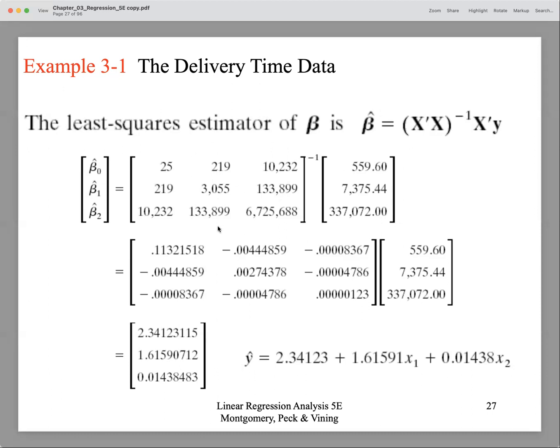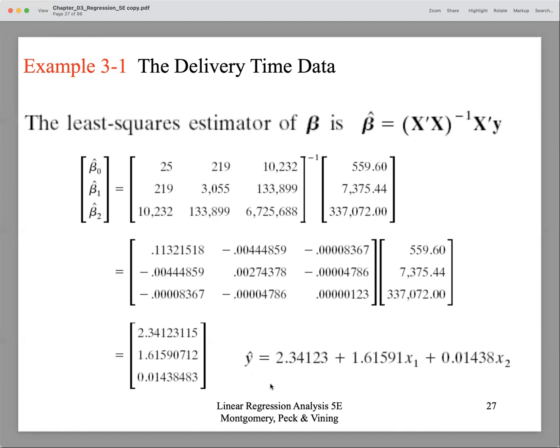And again, this is not something you would ever want to do by hand. We would use software to do this. And then we multiply that inverse against x prime y. And so when we do that, we get the 3x1 vector containing these values. Beta 0 hat is equal to 2.3412. Beta 1 hat would be 1.6159. And then beta 2 hat would be